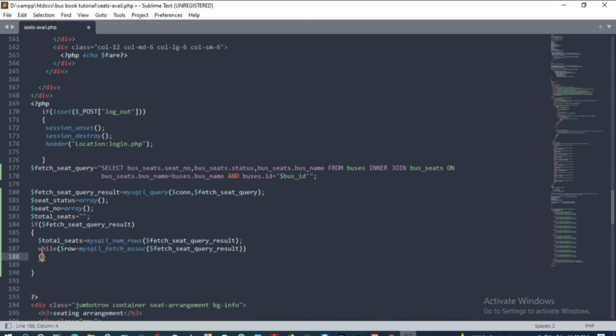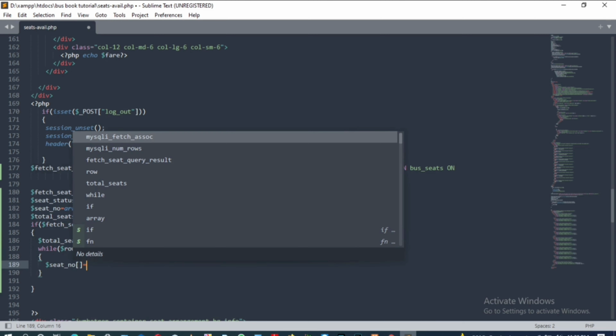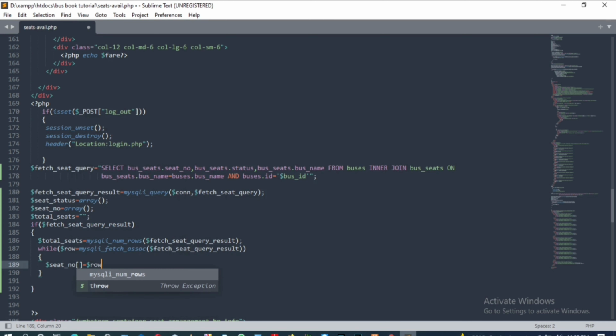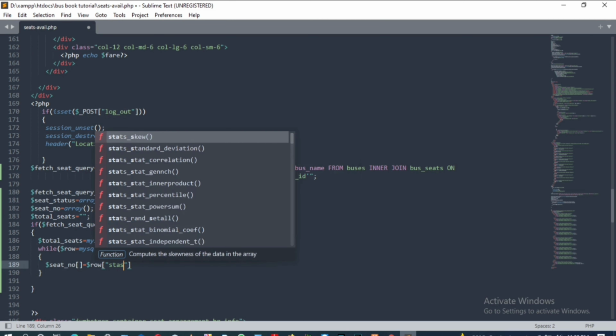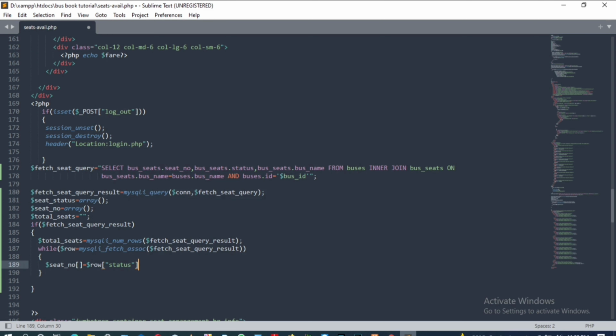Inside the while loop we will store the seat number coming from the table using the row variable, and the value will be status, that is the same as the name of the column.